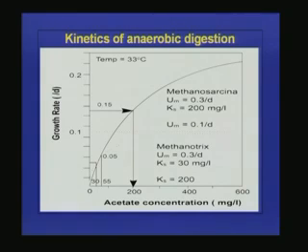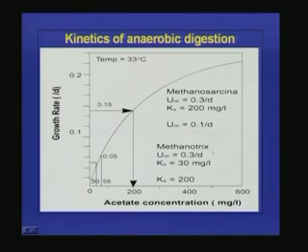So we have already seen the metabolism of the anaerobic process. If you want to see the kinetics of anaerobic digestion, we have already seen that the microbial growth rate in anaerobic systems is much less compared to aerobic systems, and in anaerobic processes the methanogenesis is the rate limiting step. The major methanogenic bacteria present in the systems are